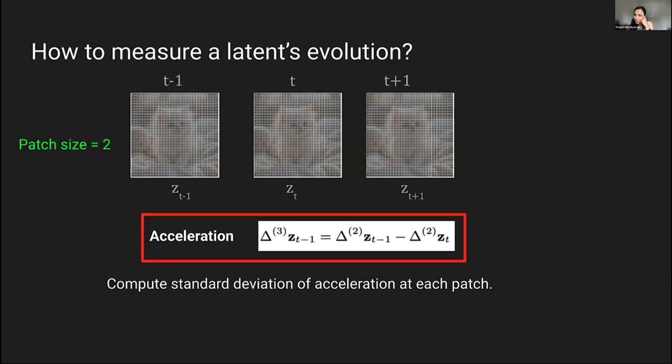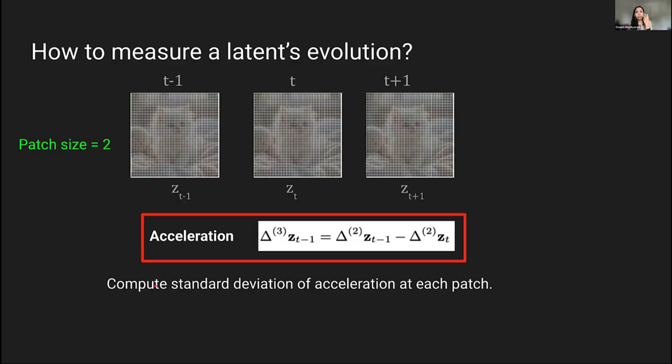So at a given patch granularity for a latent, we measure acceleration at different patch sizes. Let's say we compute how every patch evolves, the acceleration at every patch for patch size 2.